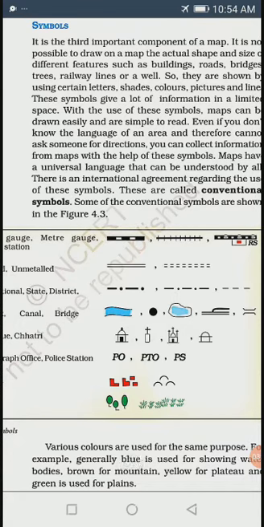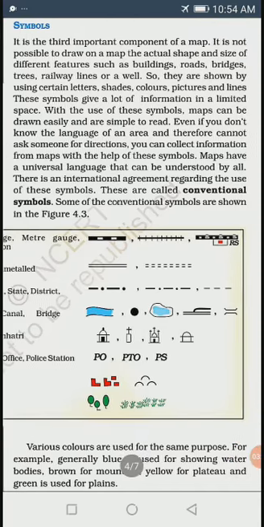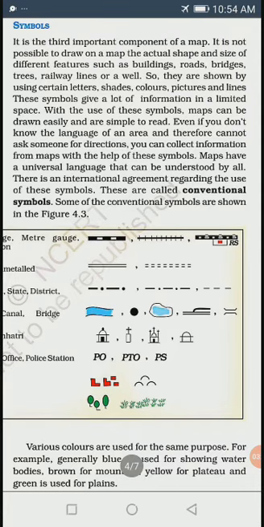So to show all these things on a map with the help of signs and symbols, these are called the conventional symbols. And maps have a universal language. It means that these signs and symbols are an international agreement.